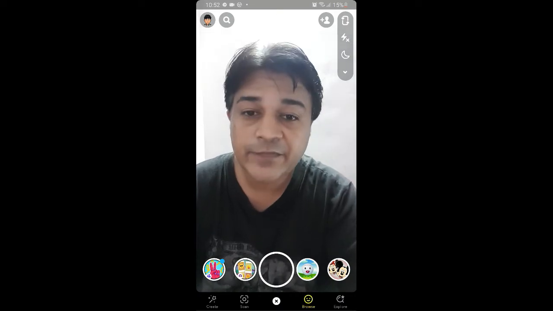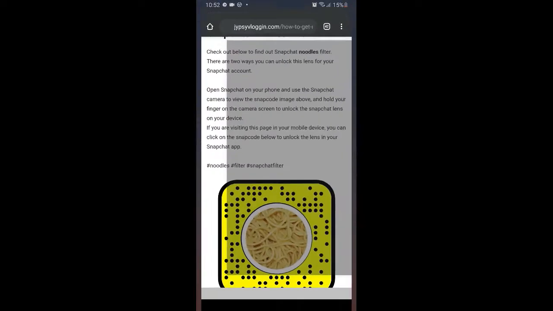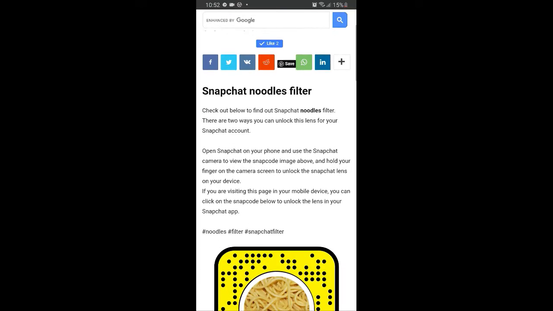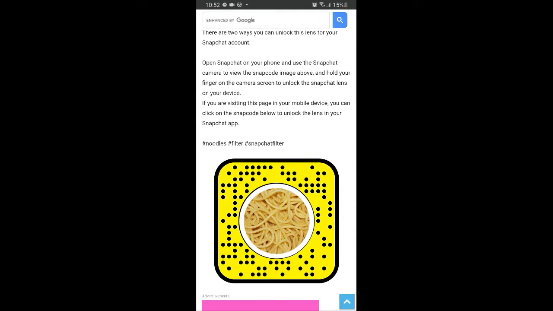Okay, so to get this effect you can visit this website. Link to this website I'll give in the description box below. Here in this website you will see the snap code for this filter. If you're browsing this website in your laptop or PC, you can scan the snap code with your Snapchat mobile app. And if you're browsing this website in your mobile, just tap on the snap code